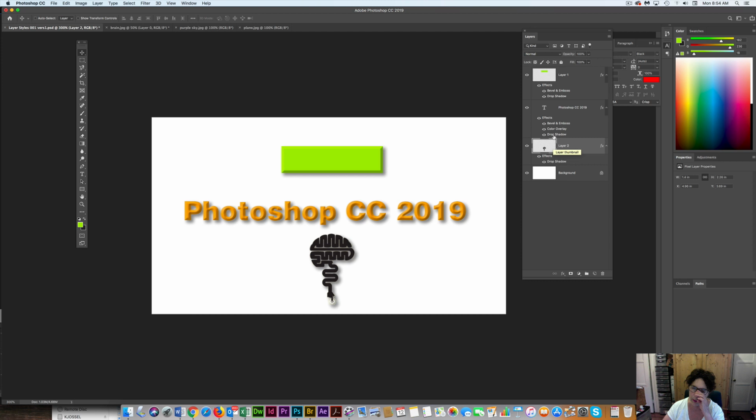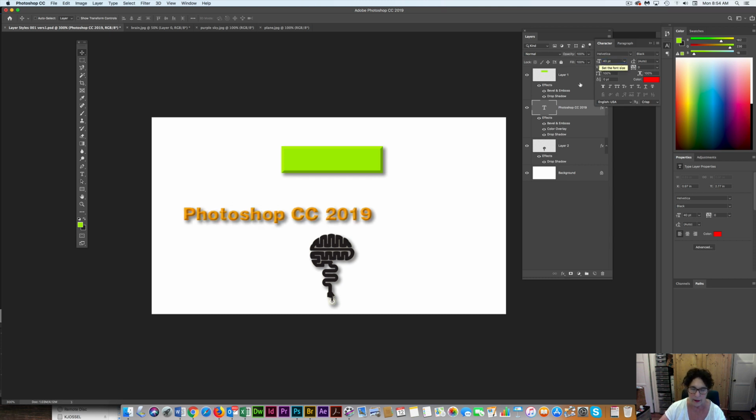The one thing to know is when you're on a type layer, you'll see that T. If you don't see that T, that means the type, you can use layer styles, but you can't edit the type. Like I can still edit the type here. I can make this Photoshop, I'm going to change the size, Photoshop, let's see, 40. I'm going to put 2000. I'm going to get the T. I do need the type from over here to do this. And I'm going to put